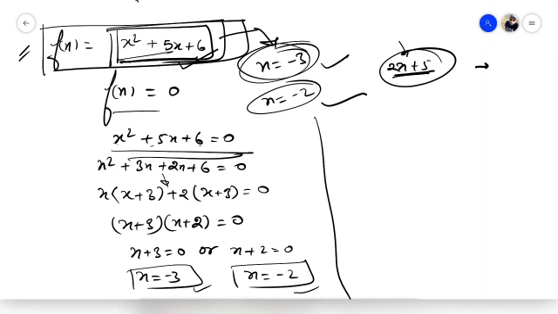In my next video lecture, I'll be bringing you the relation between the zeros and the coefficients of a quadratic polynomial, and I'll tell you how to derive it, how to use it, and what the meaning of that is. So in my next video lecture we are going to complete this chapter, and then we will be doing the sums related to this.